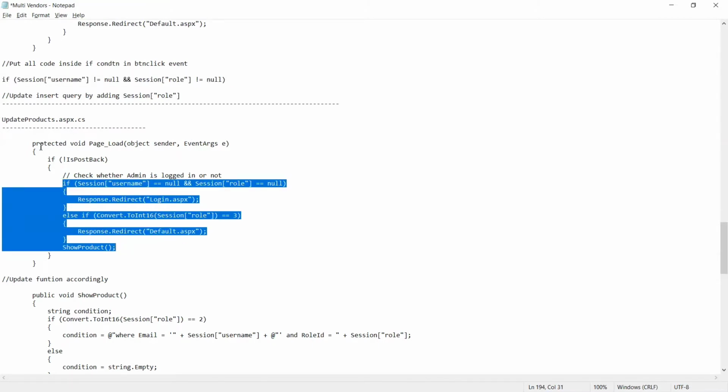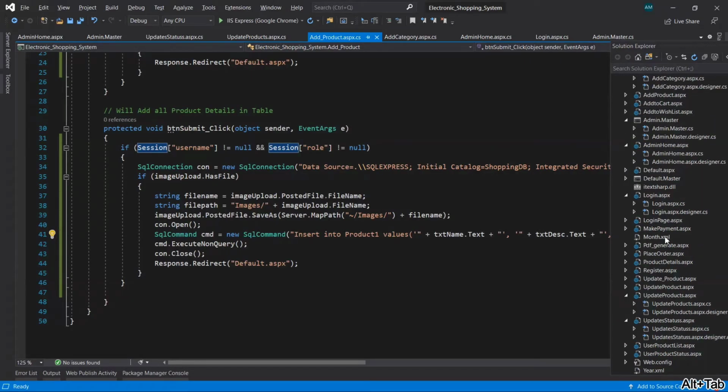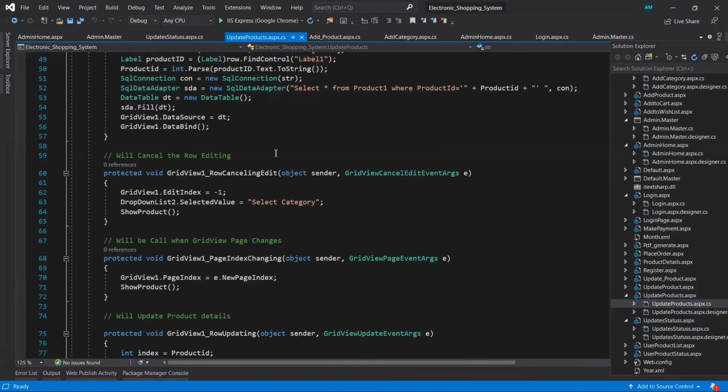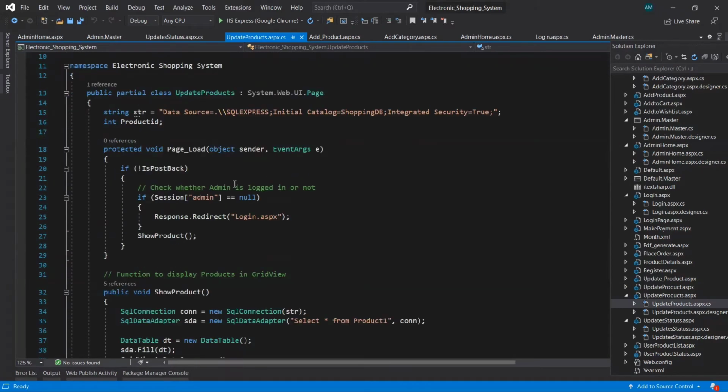Now we have to make changes in the update products.cs page here.